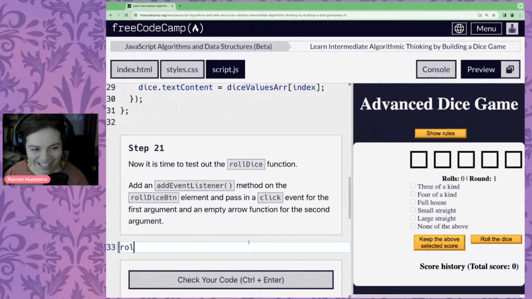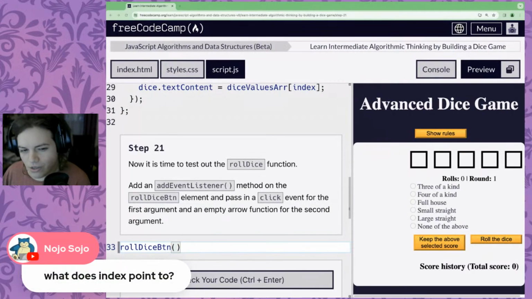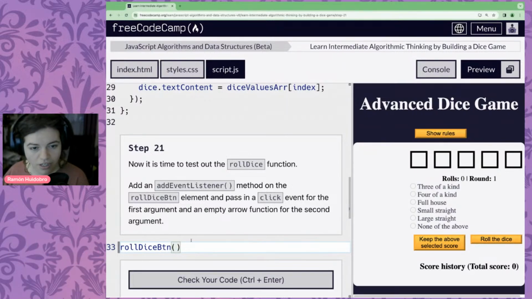We're going to add an event listener to our roll dice button. Nojosojo's asking, what does index point to? The index of the element we are currently iterating through. If you give me 2 minutes, we'll go into Python Tutor and I'll show you what I mean. First, we're going to add this event listener.